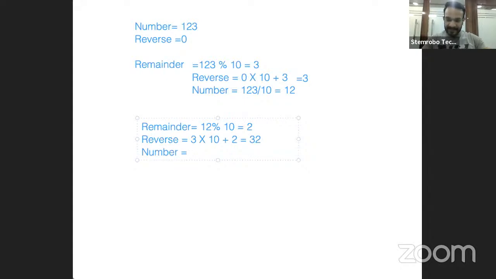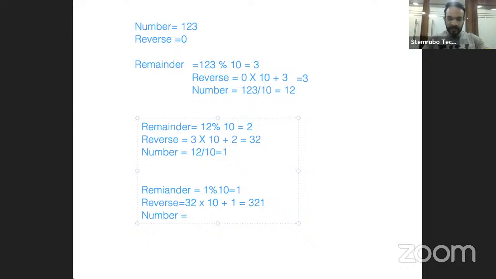अब हमने क्या किया? हमने नंबर लिया, अब नंबर की value है मेरी 12, मैंने 12 को divide किया 10 से, तो मुझे क्या आउटपुट मिलेगा इसका? 1, ठीक है। अभी भी नंबर की value मेरी 0 नहीं हुई है, तो हम फिर से रिमाइंडर find out करेंगे, that is 1 modulus 10। अगर आप ये operation करोगे तो it will give 1 only, तो 1 ही आपका रिमाइंडर आएगा। हमने फिर रिवर्स find out किया, रिवर्स का formula फिर से use किया, reverse into 10 plus remainder, तो this 32, this is the value of my previous reverse। इसमें हम plus करेंगे अपने रिमाइंडर को, that is 1, तो 321, right। फिर मैंने नंबर की value find out की अपनी।